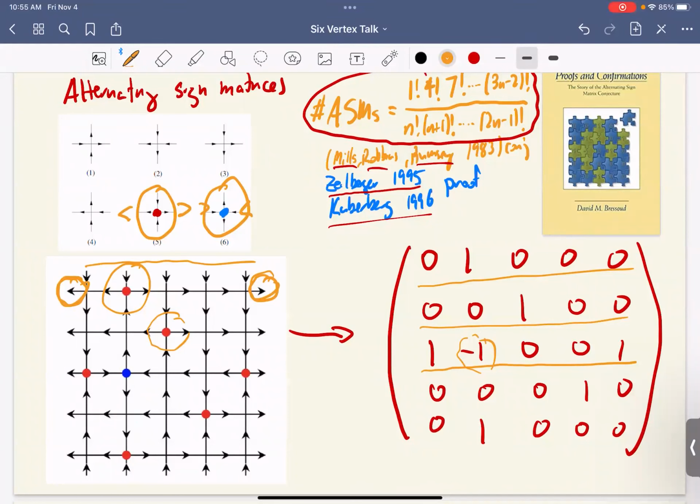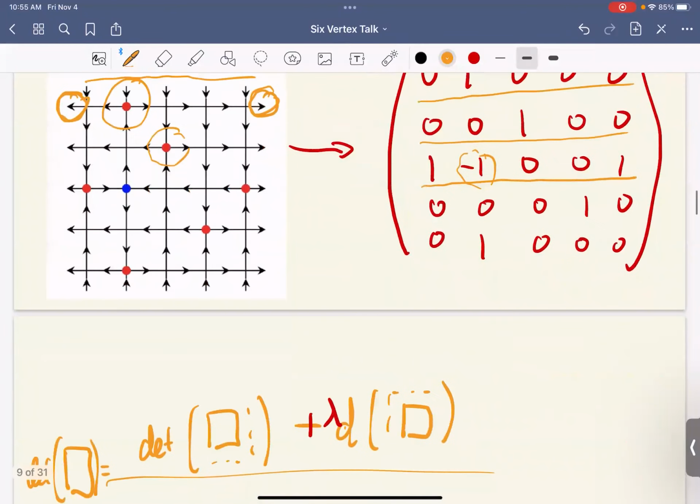And again, there's less information here because everything else I put a 0 in. So the alternating sign matrix ensemble doesn't tell me anything about how many type 1 vertices there are versus type 2, because they all get squashed together as zeros. So it's kind of like you're specializing those weights to be 1. I'm specializing those weights to be the same, I guess. Yeah, exactly.